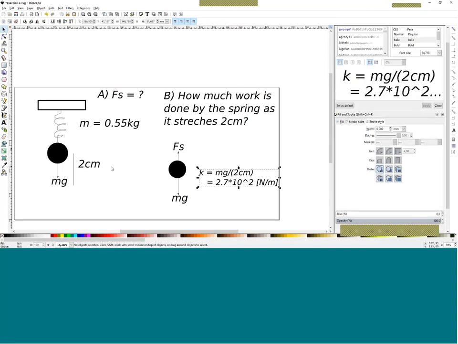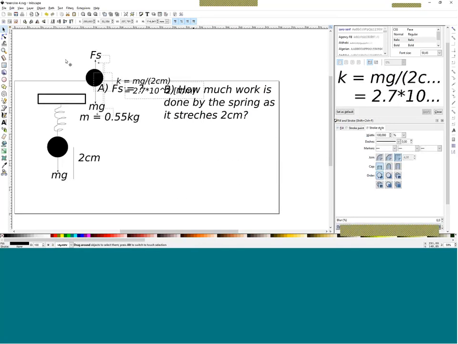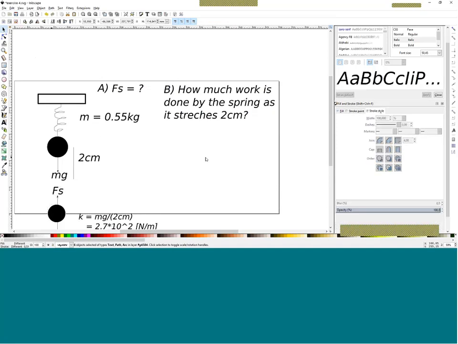So hopefully you were able to determine K, the body diagram and understanding of elastic energy. And now let's move on to N. I'll put the A down here. And now the B section is how much work is done by this stretch of centimeters.